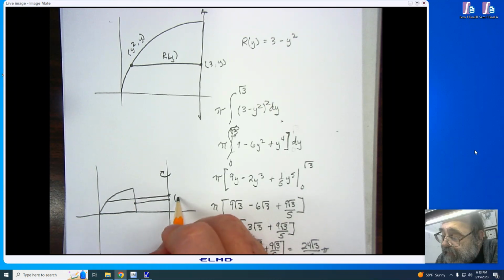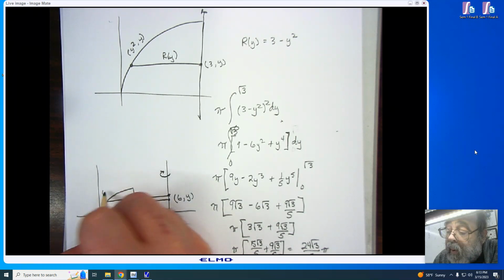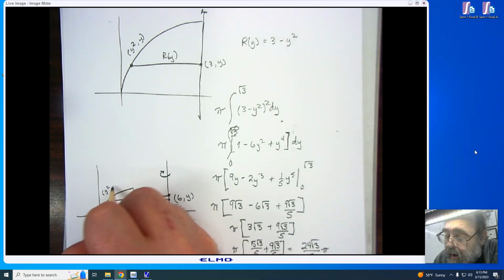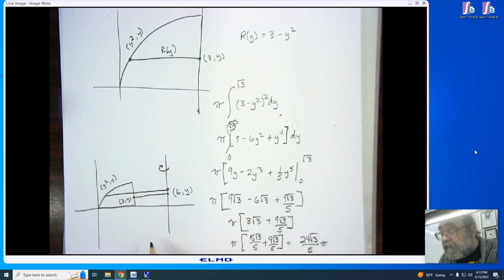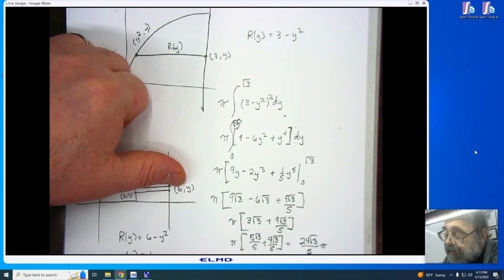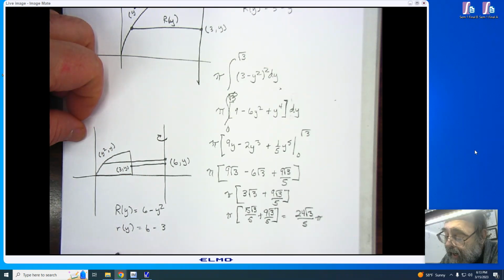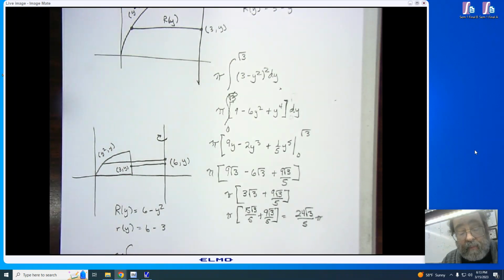So here we have 6 comma y. This right here was 3 comma y. This point down here was y squared comma y. We have a big R and a little r. The big R of y is 6 minus y squared. The little r of y is 6 minus 3. This is giving me pi integration. Keep in mind that, let's see,